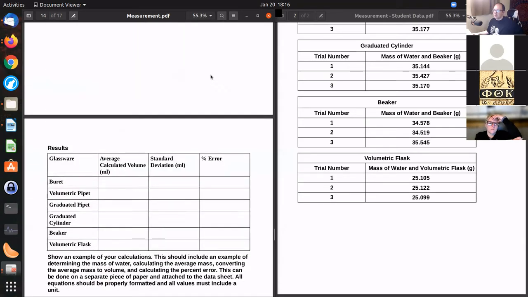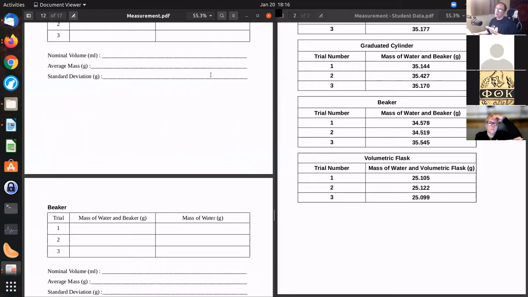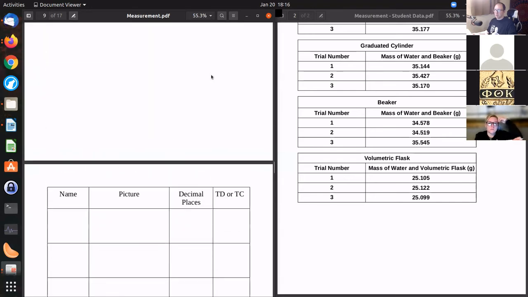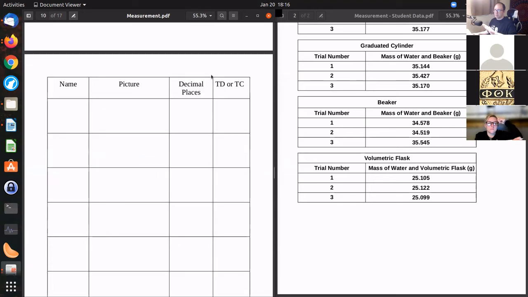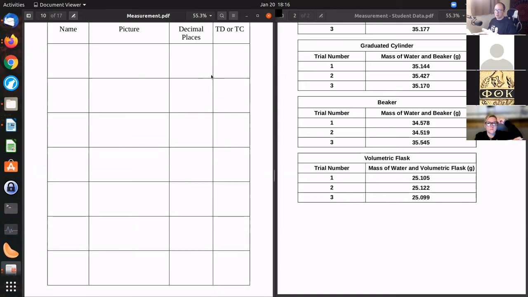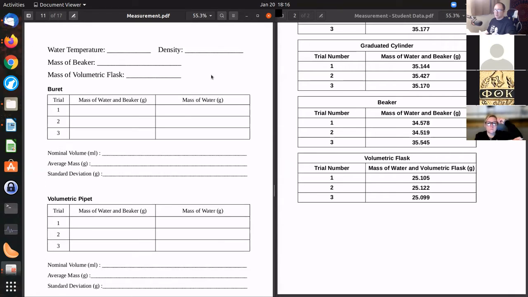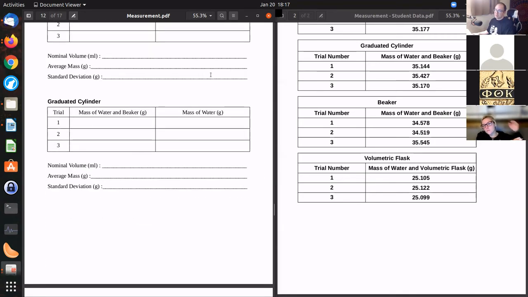And then what I would like to see you guys do after you've filled this out, and you have options for this, right? I get that not everybody has access to printing. So if you can't print these out, then you can just get a notebook out and recreate this stuff in your notebook, okay? Just try and make it look like this as best as you can. And then you could take a picture of that. You're going to take some pictures with your phone is what most people do. If you could scan it, that would be fantastic. And then you're going to zip it all together into one file and you're going to upload it onto